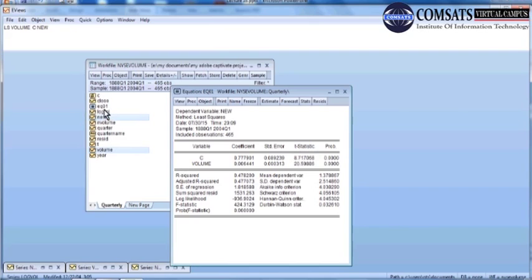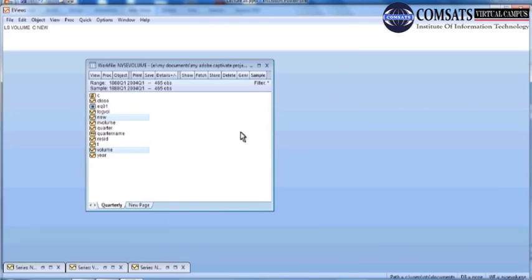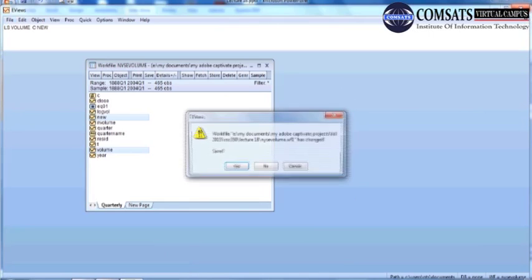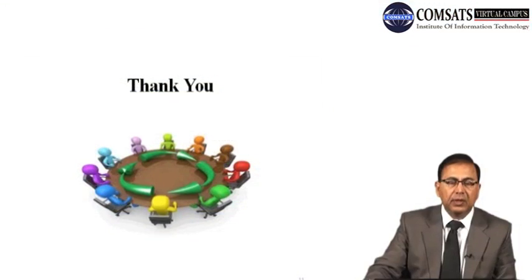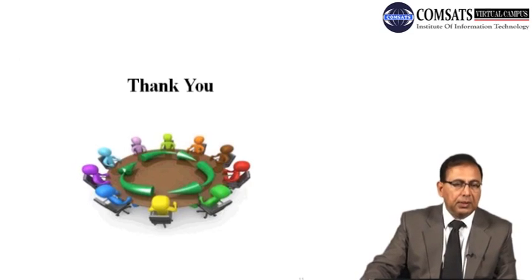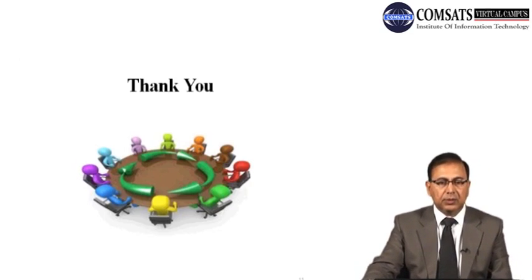सेव है, इस फाइल का हिस्सा बन जाएगा। सिंपली जब हम इसको क्लोज करेंगे, जब इस फाइल को हम क्विट करेंगे, या जब हम ई व्यूज़ को क्विट करेंगे, तो ये हमसे पूछेगा कि जो चेंजेस इसमें की हैं वो सेव करनी हैं। आई डू नॉट वांट टू सेव इट एनी मोर, क्योंकि मेरी जो डाटा फाइल है वो बहुत बड़ी हो जाएगी, इसलिए मैं इसको नो कहता हूँ। और यहाँ पे हमारा आज का लेक्चर ख़त्म होता है।